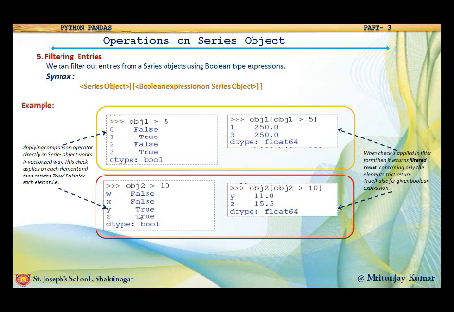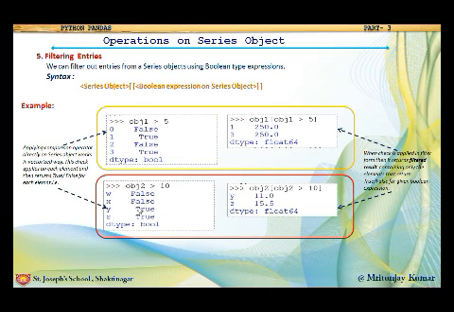Similarly, in the second case, obj2 greater than 10, here also it is a condition. Accordingly it will perform a vectorized operation, and it will return false, false, true, true. Now if I want to find the values which return true for the given condition, then I should use the filter operation, and we can write obj2 in a square bracket, obj2 greater than 10. Now you can see here at index y it returns true and at index z it returns true. So we will get y 11.0 and z 15.5.